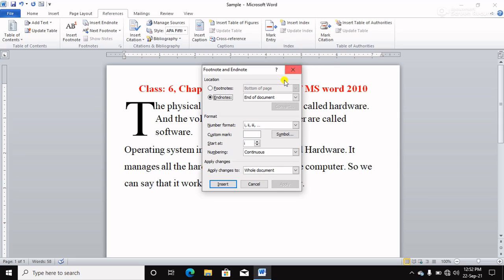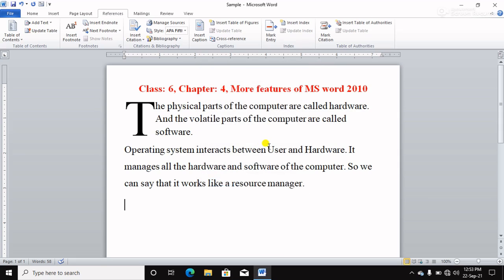Now next, thesaurus. A thesaurus provides synonyms and antonyms for words in the document.